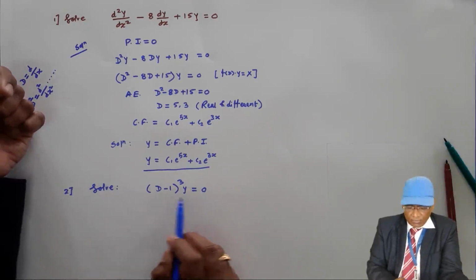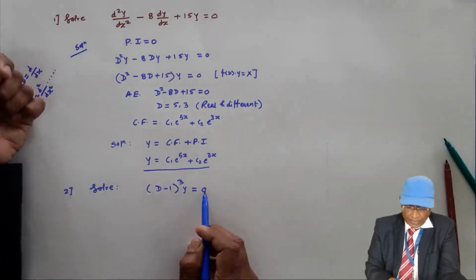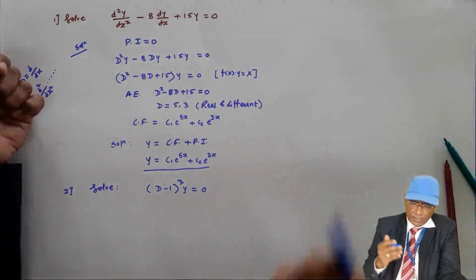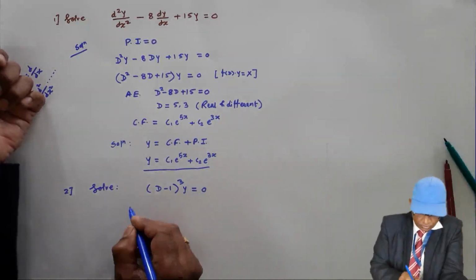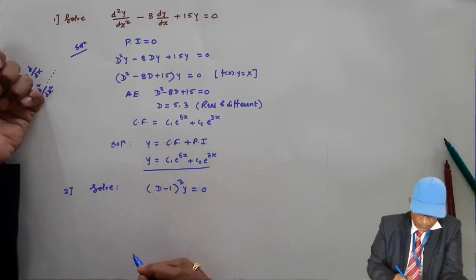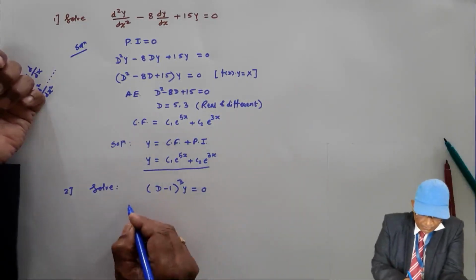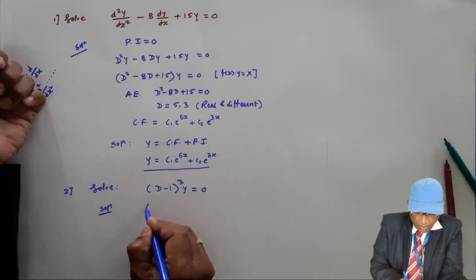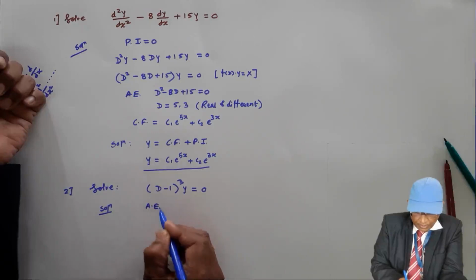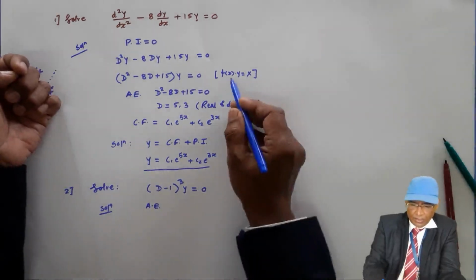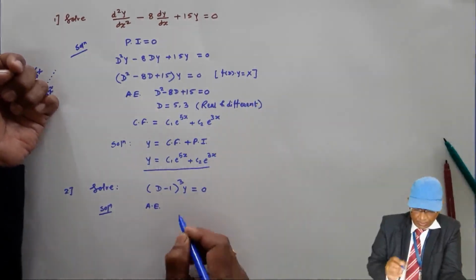If you look at this differential equation carefully, the right hand side is 0. Therefore, the particular integral will vanish, meaning the particular integral will be 0. Now, the complementary factor I am going to find will itself be the solution. Before finding the complementary factor, I am going to write the auxiliary equation, because this is an equation in the standard form f(D) y equal to capital X.